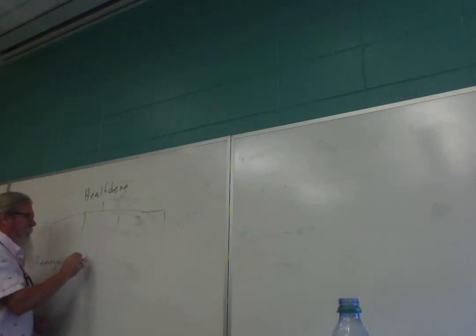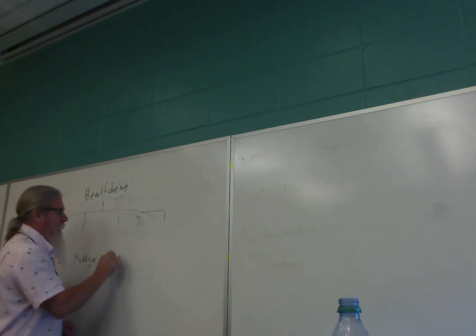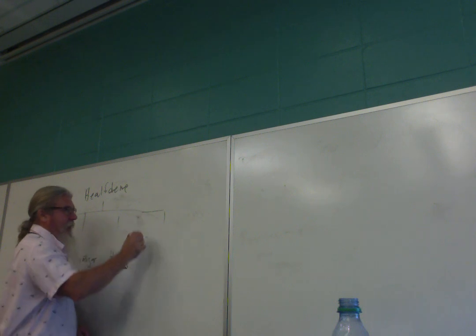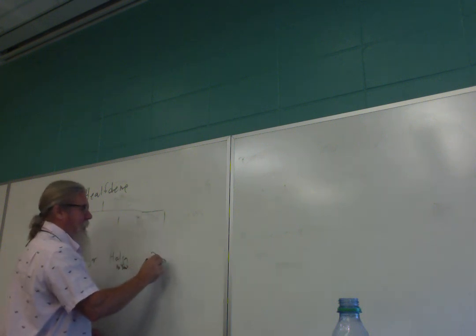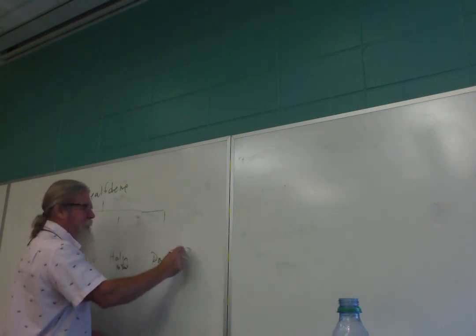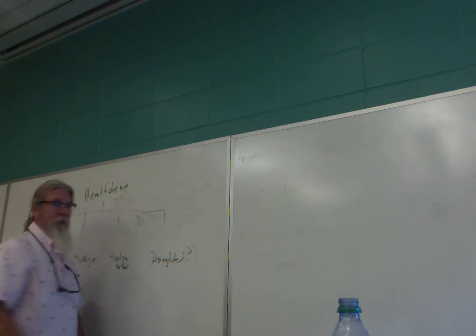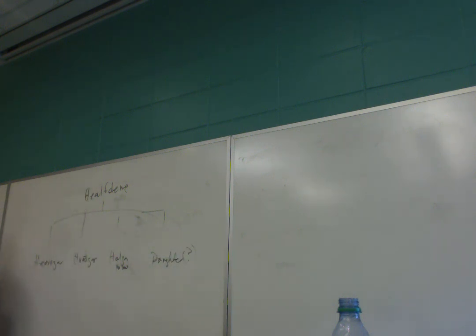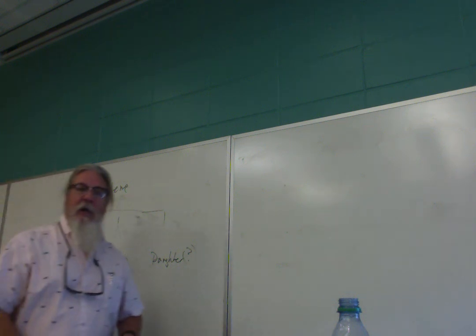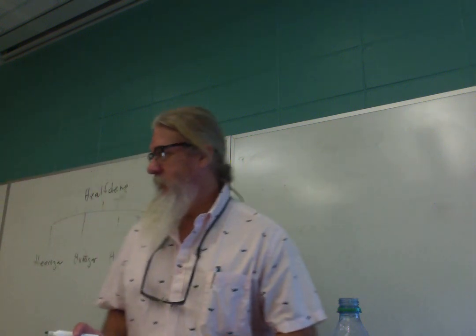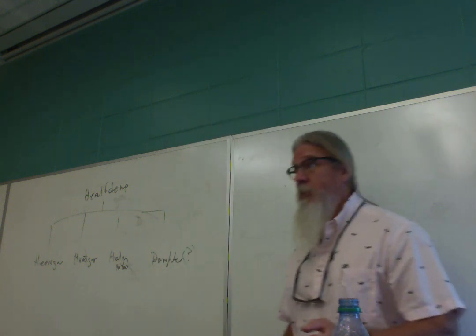They're listed. Hergar, Hrothgar, Halga the Good, and we don't know the fourth name, Hergar, Hrothgar, Halga, or Halga the Good, and then a daughter. I don't mean daughter, we're not sure. It is a daughter. We're not given her name. We are given her name in other sources, other Norse sources.